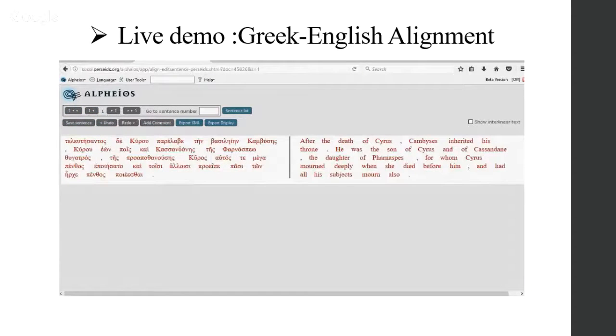Now you have the 2 texts, all the words are red, nothing's aligned. You begin your alignment by choosing the word, and then choose what it corresponds to on the other side. So click on it and then go to the English, after the death. So this is how the genitive absolute is translated in this regard. De is not translated. Kyrou, so of course this is the genitive of Kyros. And then Parelabe, click on it. Then go to inherited. This is a 1-to-1 alignment. Then click on Parelabe. It is black, so it's aligned.